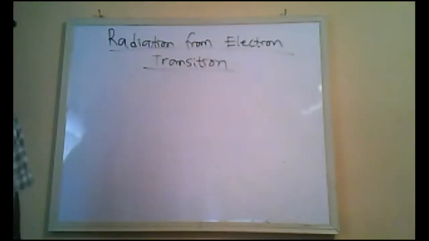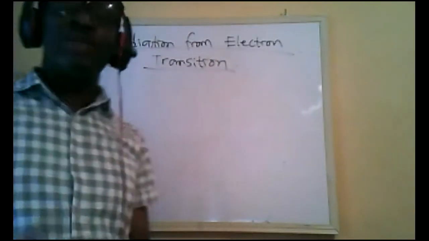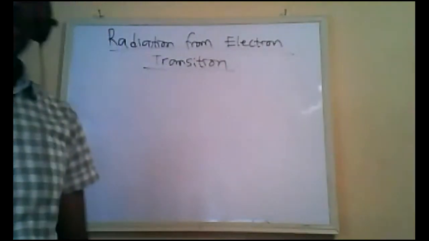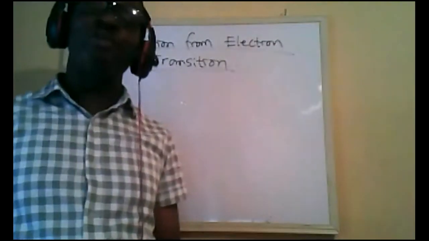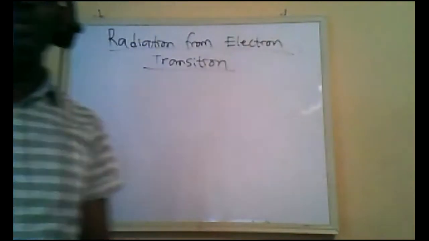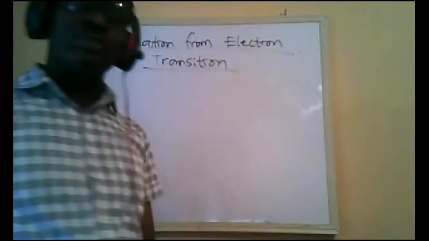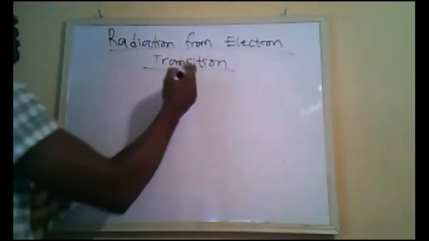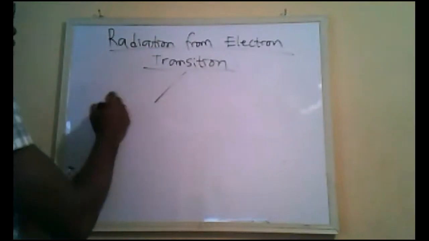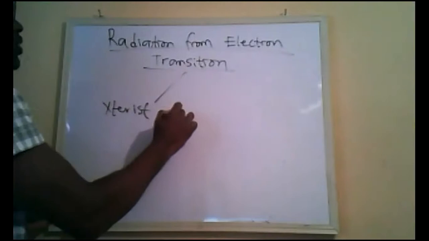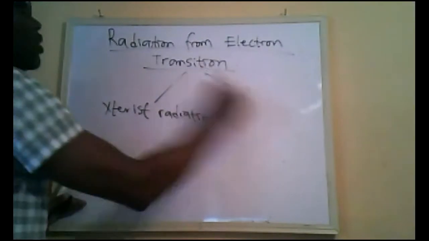It becomes excited, and we all know nature abhors instability. When it has become unstable, the next thing it does is release the energy, and the energy it releases has to be either in the form of characteristic radiation or